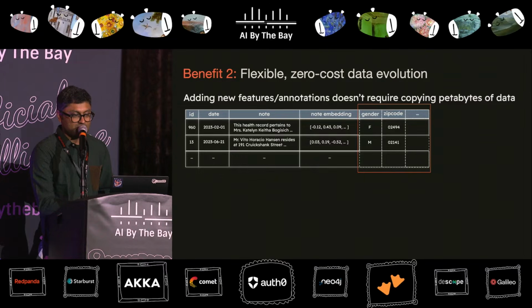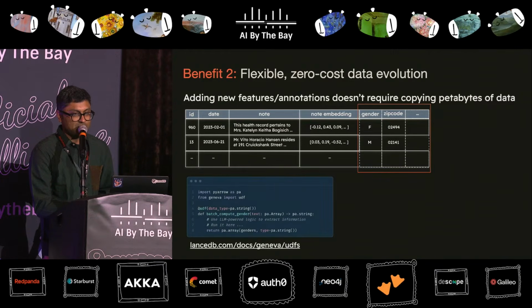So this zero-cost data evolution aspect is enabled by the Lance format, which is essentially based on a fragment-based design. The power of this is that you can essentially write Python UDFs, and these are run in a vectorized manner. There's a framework called Geneva that LanceDB provides that enables a lot of this for the AI engineer without having to build all the complicated data pipelines and ETL from scratch. All of this is parallelized. It leverages Ray clusters under the hood, and this is used to power the large-scale data pipelines in organizations like Netflix.